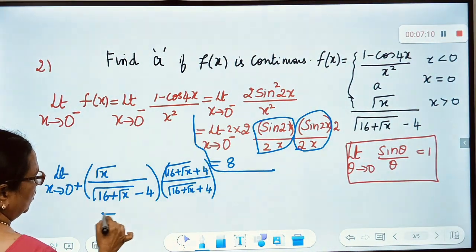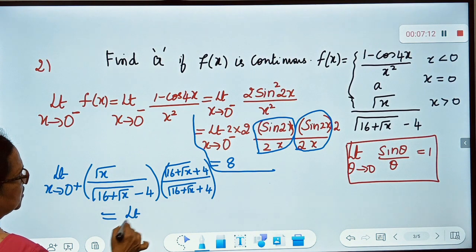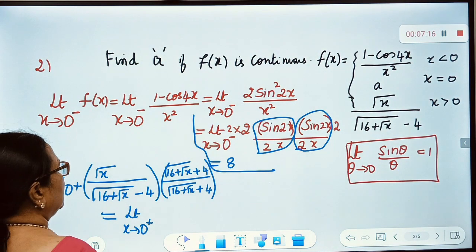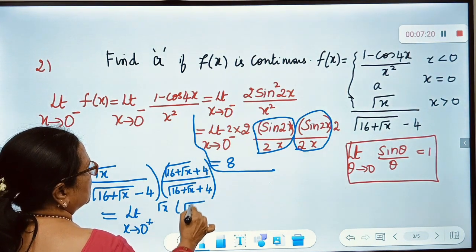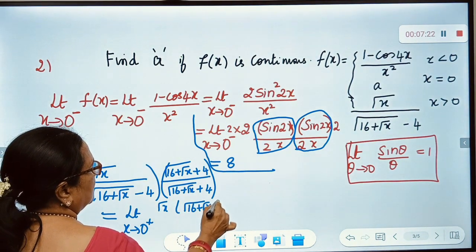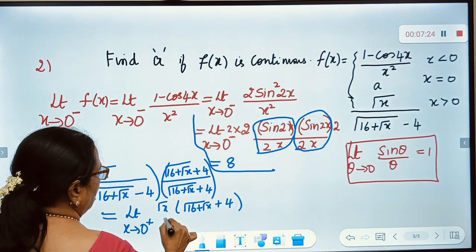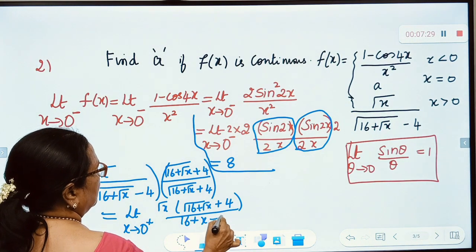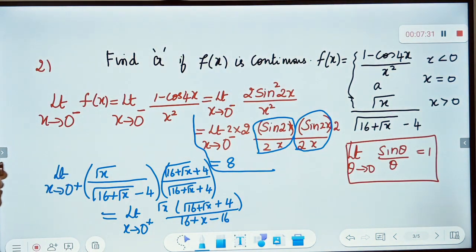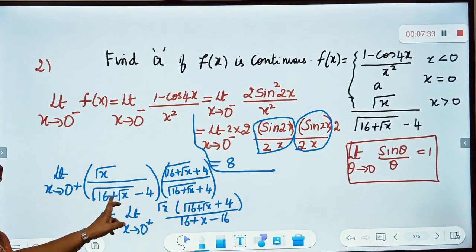So this is equal to limit x tends to 0 plus. What will happen to the denominator? This is root x, root of 16 plus root x plus 4. What will happen to the denominator? 16 plus x minus 16. A square minus b square. So 16 plus root x,